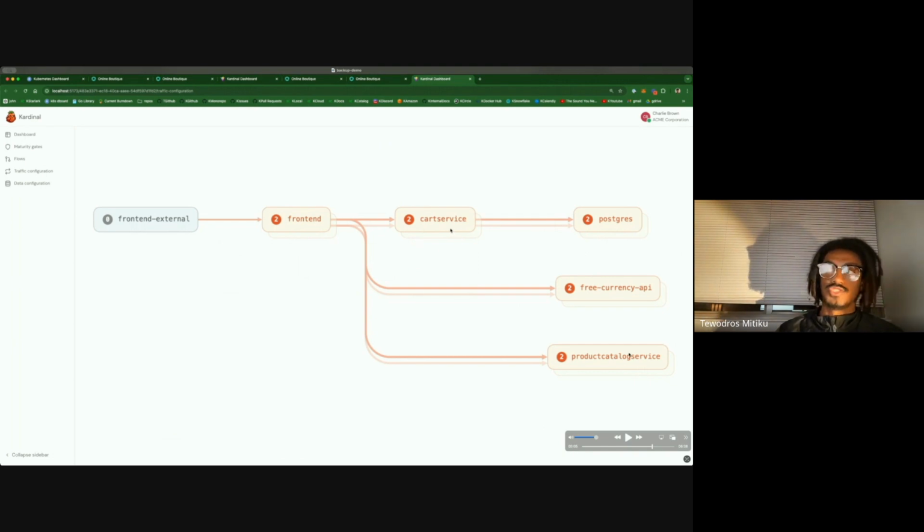So what we're going to have to do is just duplicate the card service. But the nice thing is that Cardinal will detect that for you. That was one of the reasons why on the dependency annotation, we indicated the protocol that it used to communicate, and it will just duplicate the card service. So for that dev flow, the traffic for that development version will flow through the dev version of the front end, the dev version of the card service, to the dev version of the Postgres database, and also the dev versions of the product catalog service.